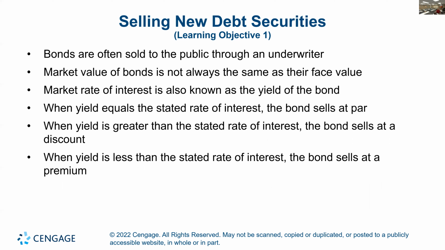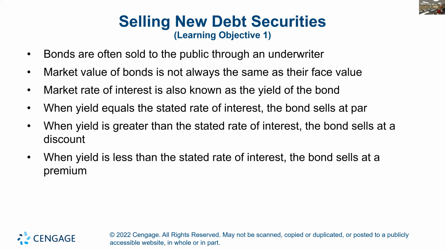All right, so this is what I was talking about here. The market value of bonds is not always going to be the same as the stated value. Maybe when a company decided they were going to issue bonds, they had to make a bond indenture, which is basically the contract between the bondholders and the corporation. Then they assess their credit risk and what they're going to pay. They might say they're going to pay 6% interest on these bonds. Now this is going to go through the board and the approval process, and it's going to get reviewed by the SEC. There's a lot of regulation before those bonds can actually be issued